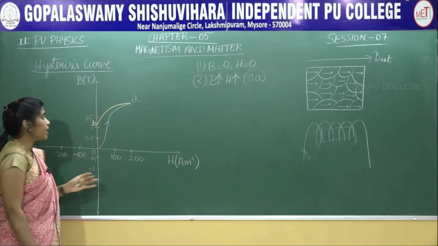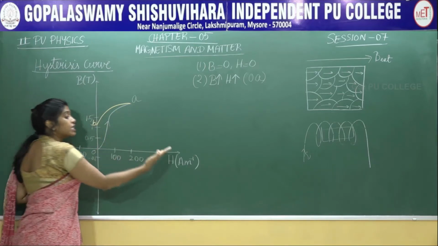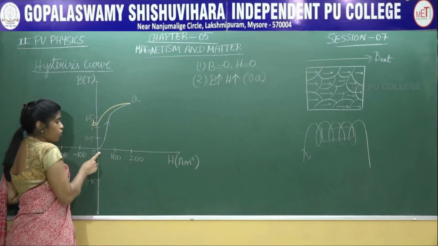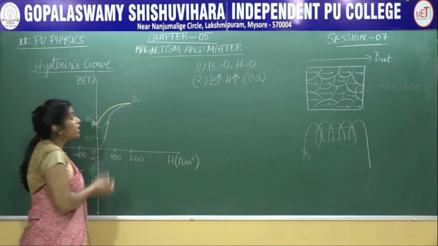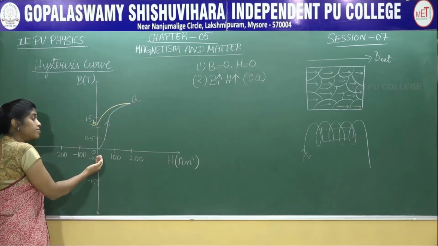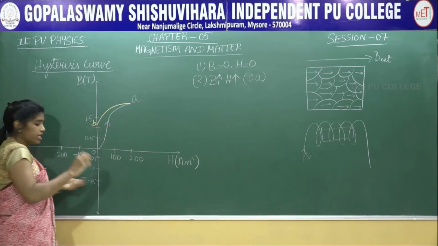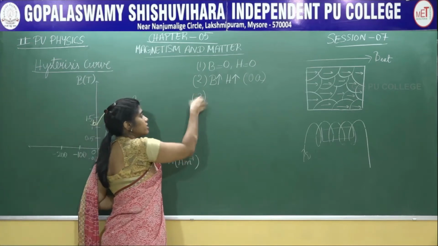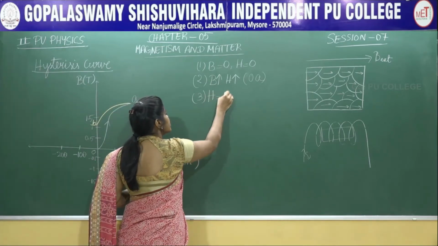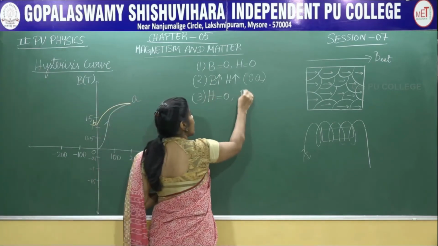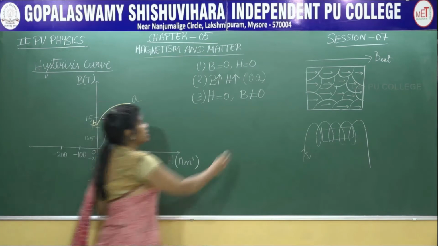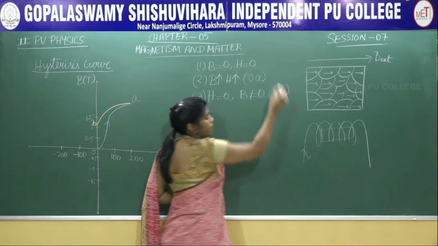This value is B. So, what happened here is as you decrease H, the value of B also decreases, but H becomes 0, but B is not 0. Initially, you started with B 0 and H 0, but now H has become 0, but the value of B is not 0. Now, let us move to point 3. In point 3, what we are going to mention here is the value of H is 0, but the value of B is not equal to 0, and this is represented by the curve AB.